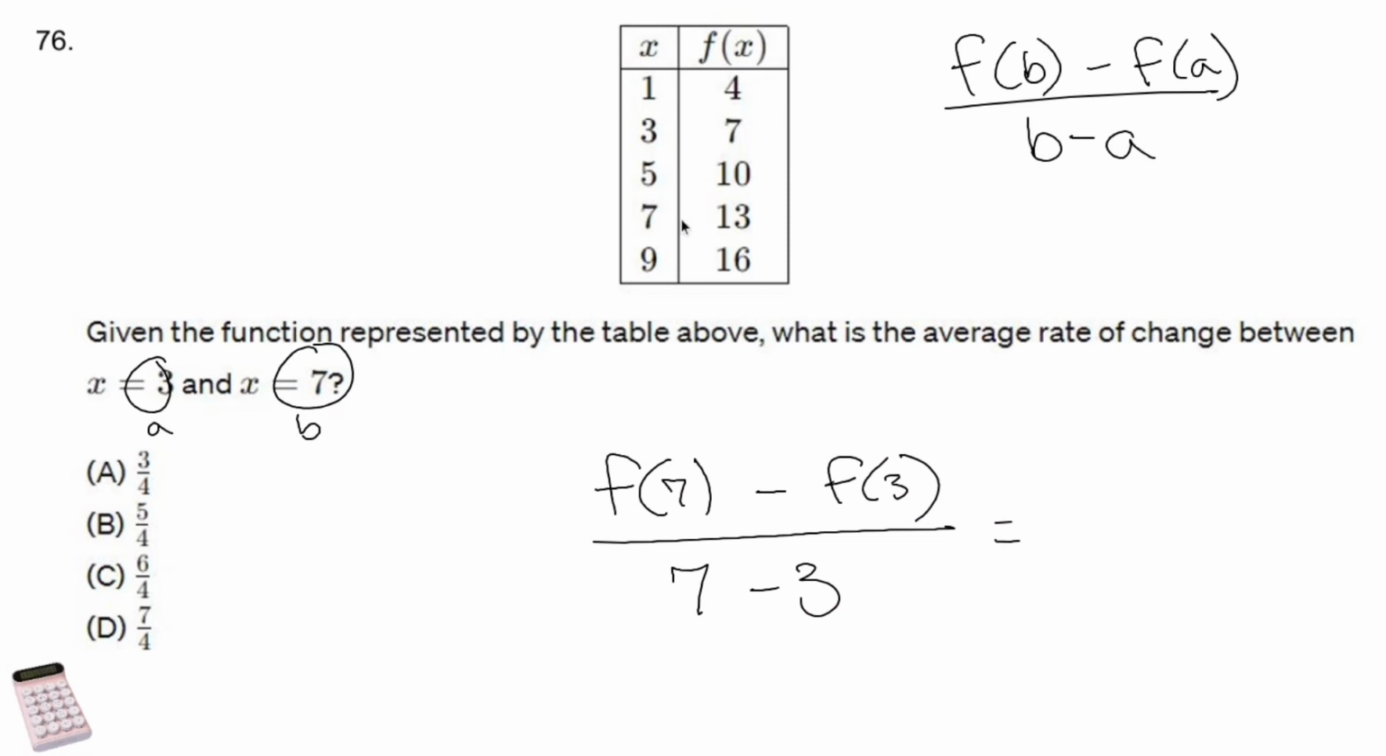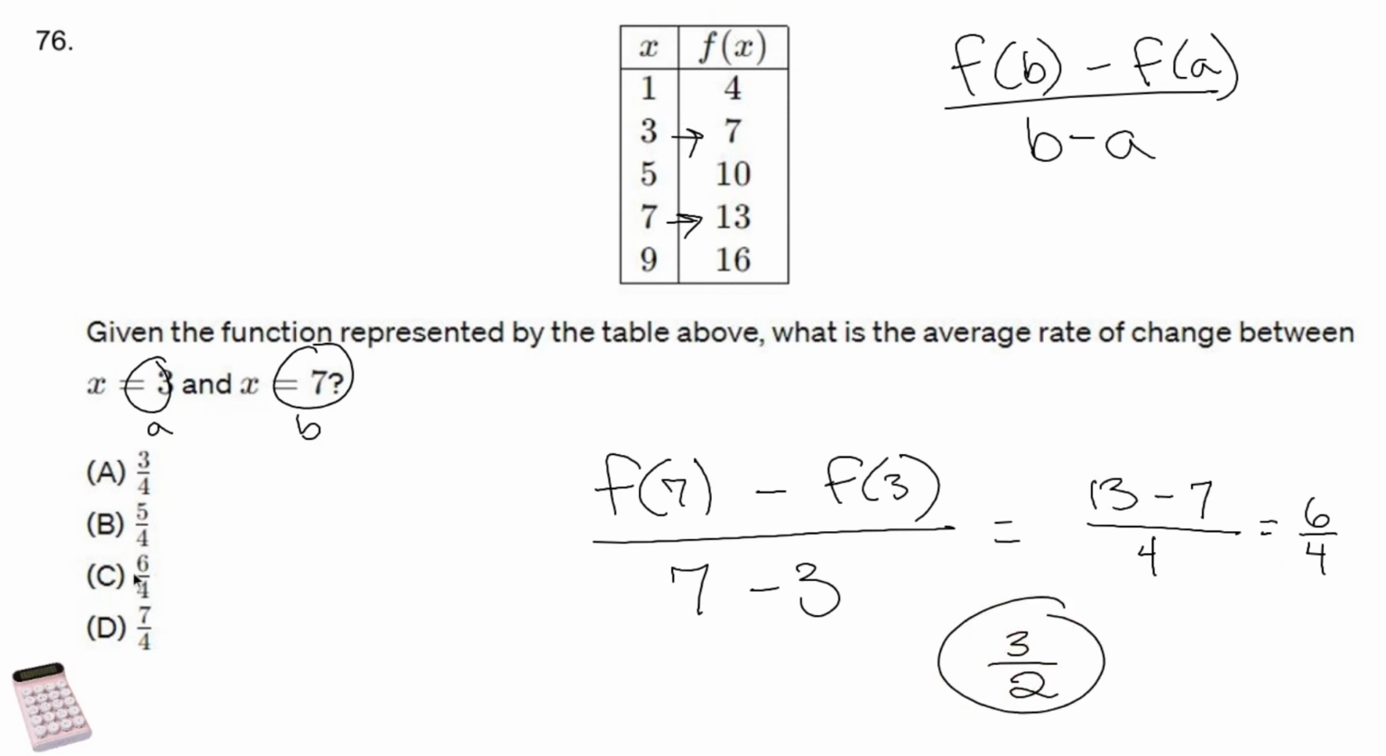F of 7 is 13. F of 3 is 7. 7 minus 3 is 4. 13 minus 7 is 6. And 6 over 4 simplifies to 3 over 2, which I didn't even have to do because 6 over 4